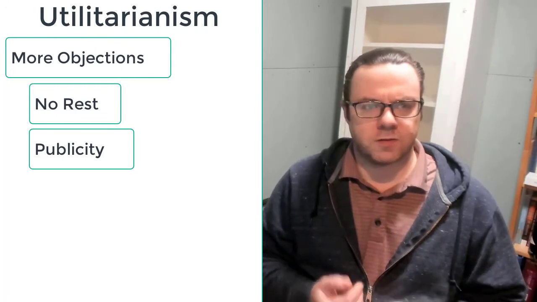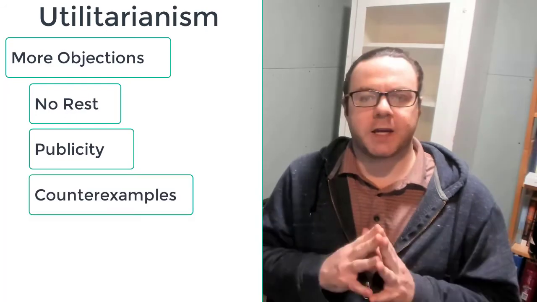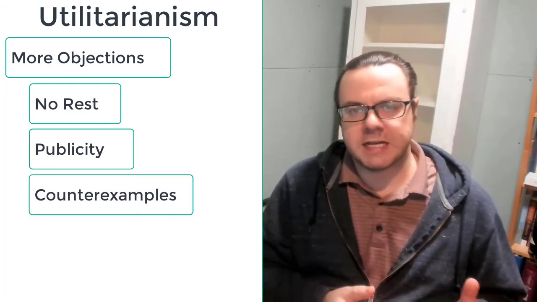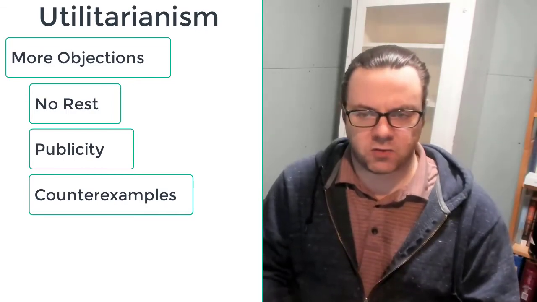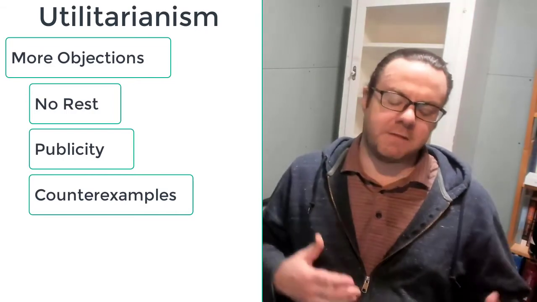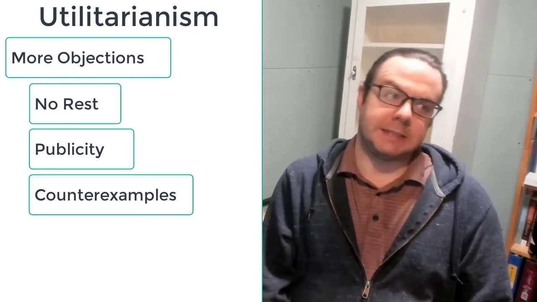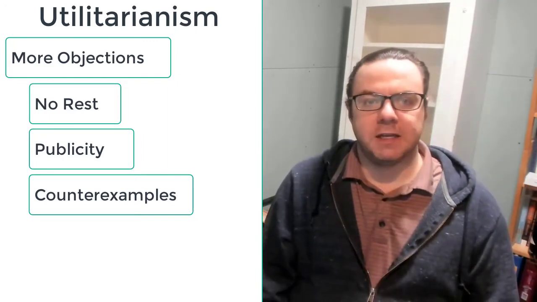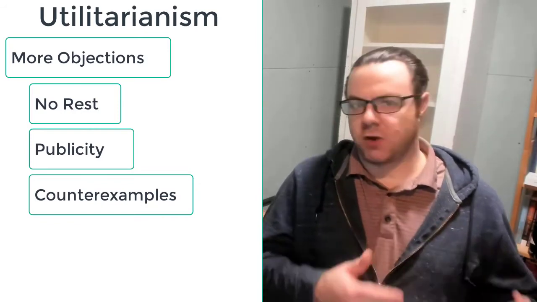The argument is simply that utilitarianism is subject to counterexamples. A counterexample is a case where the theory has an incorrect implication. So where the theory says something is right, but it's just obvious that it's not right. So something that is wrong is obviously wrong in a way that's more obvious than the idea of increasing happiness